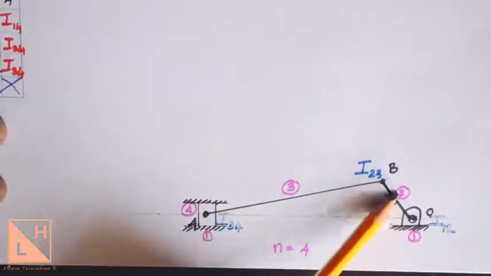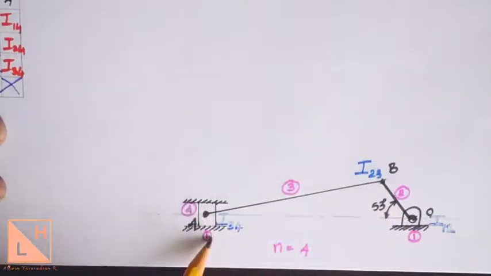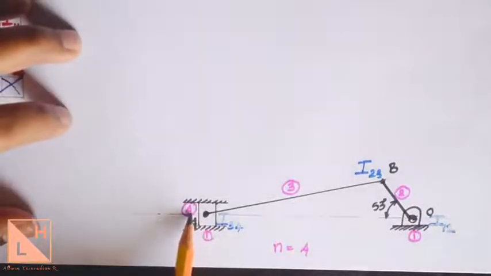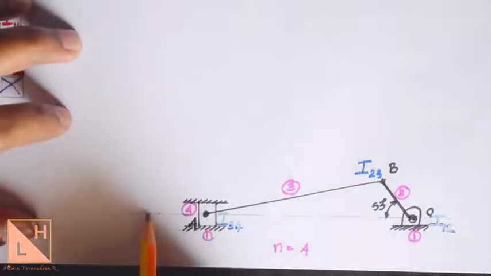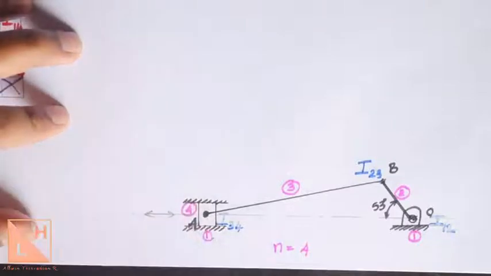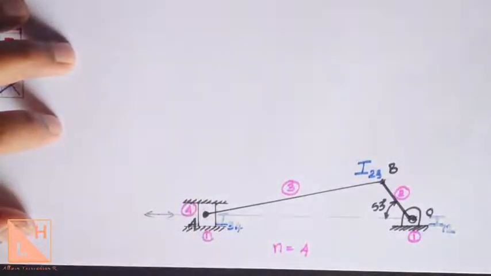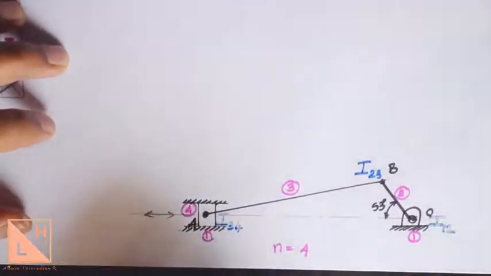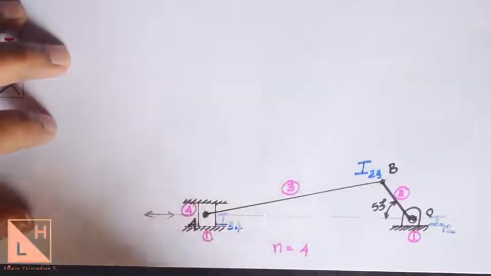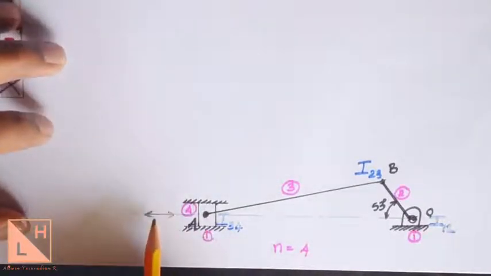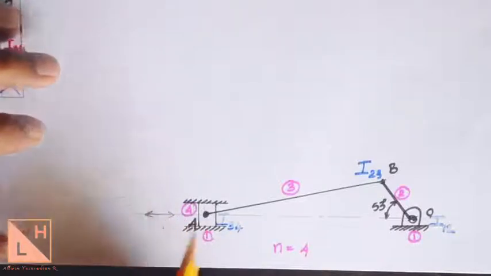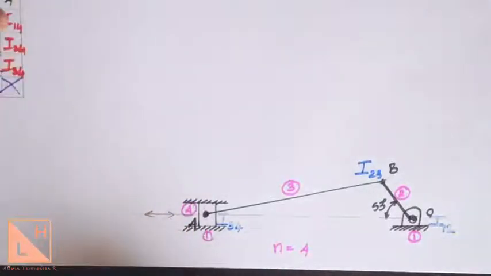It started with 1 to 2, 2 to 3, 3 to 4, and now it is coming back to 4 to 1, right? So the instantaneous center of this motion of slider, because link number 4 is nothing but a slider which is going to slide along this axis in horizontal direction. So as we have discussed, instantaneous center is simply the point of center of rotation, right? So when you have a horizontal line, the radius of curvature for this horizontal line will be found at infinity. This we have discussed in the properties of instantaneous centers, right?